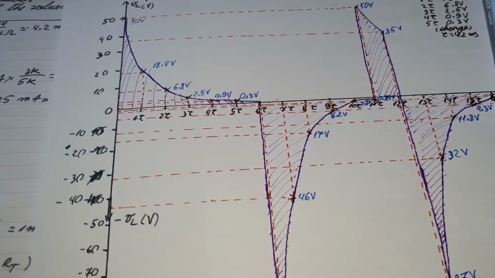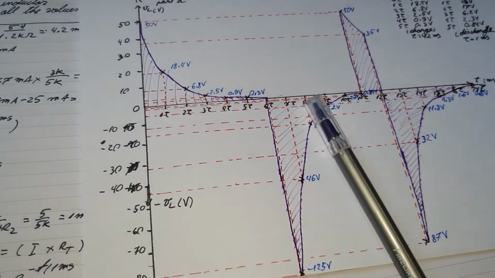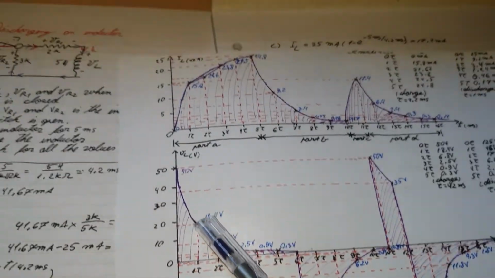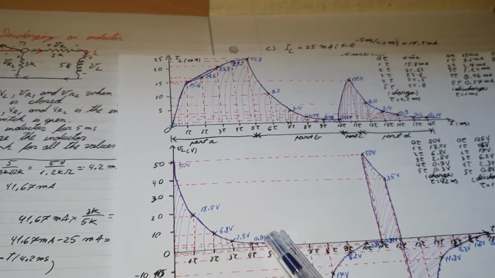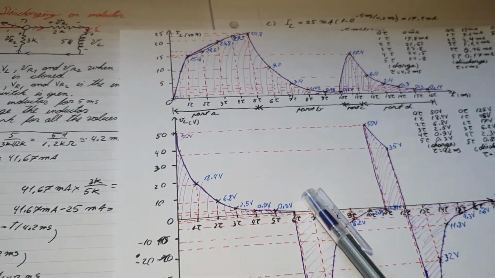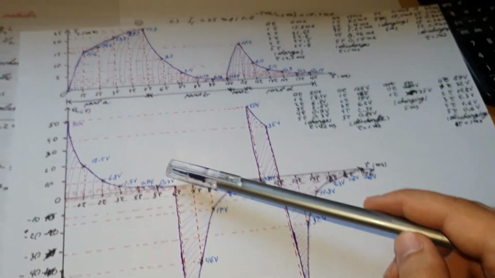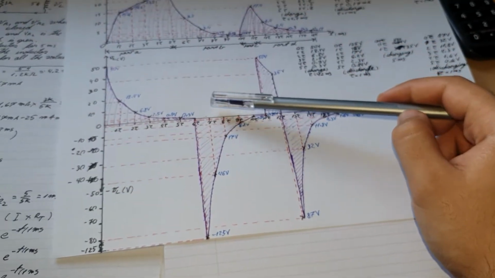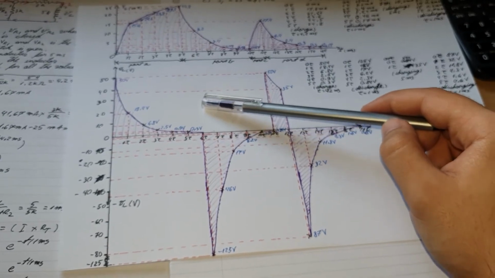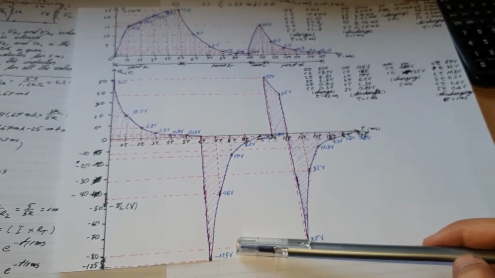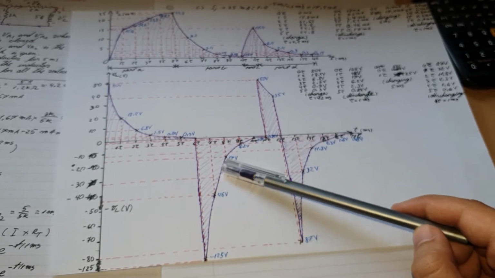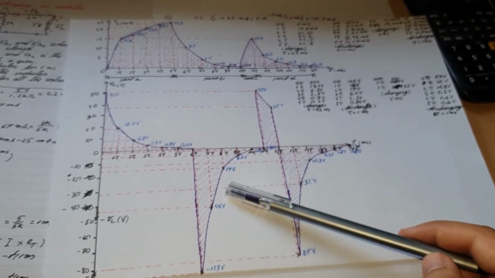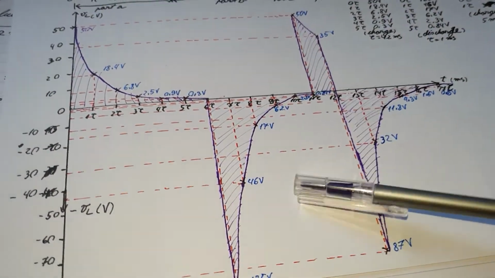Now here, this is the voltage one, and it's a bit more complicated. It starts at 50 volts and then slowly goes down. As the current increases, the voltage goes down slowly, and then there's no more voltage inside of it. And then we open the switch to discharge it. When we discharge it, the polarity reverses and it goes all the way to minus 125 volts. And from there, it goes very abruptly to 0. From 125 it goes to 46 volts, and then from 46 to 17 volts, and so on.